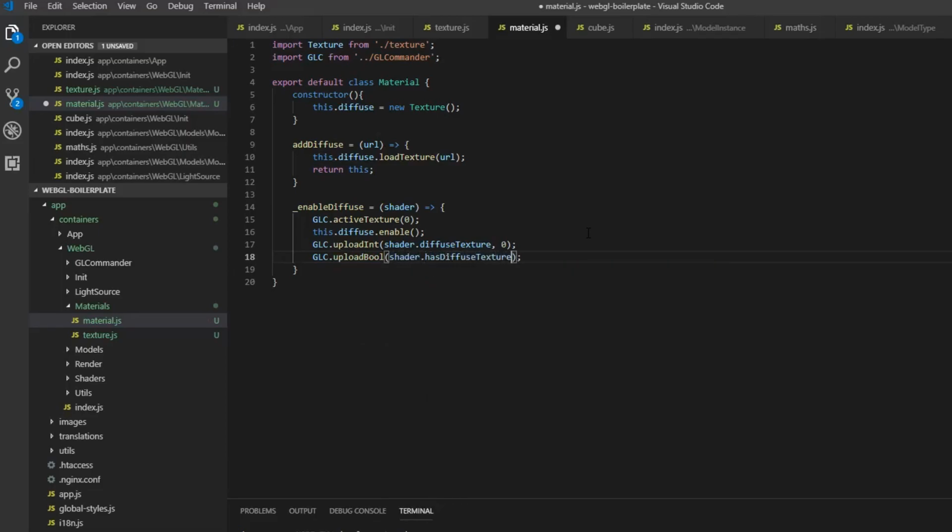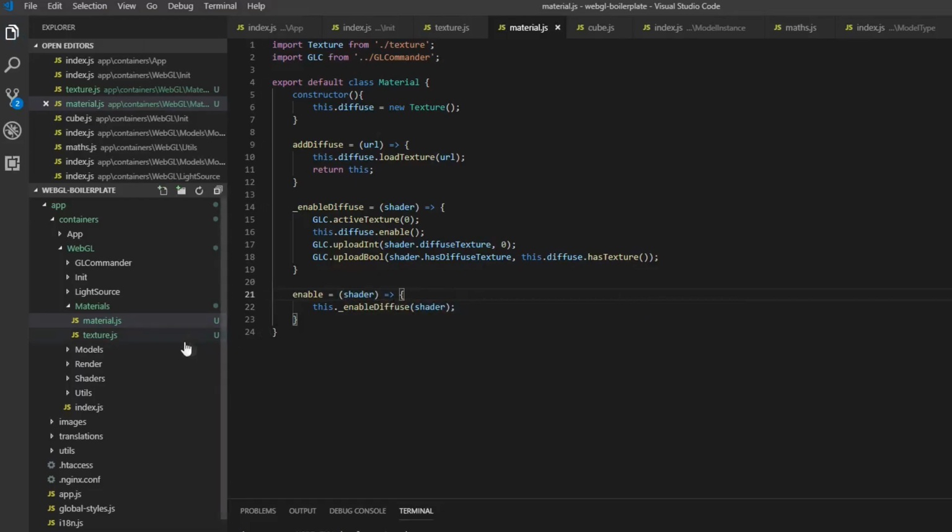Shader.hasDiffuse texture. This.diffuse.has texture, because we want to handle this differently if the texture isn't loaded yet. And then we want a final function called enable. So this will be the call that we will use outside this function or this class. So this dot enable diffuse is the only thing we need here right now, and we'll pass in the shader here as well. Then we want to go into our model type,